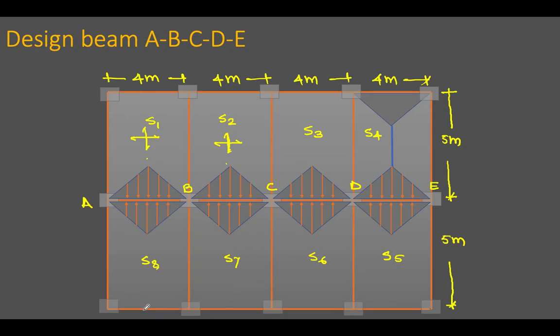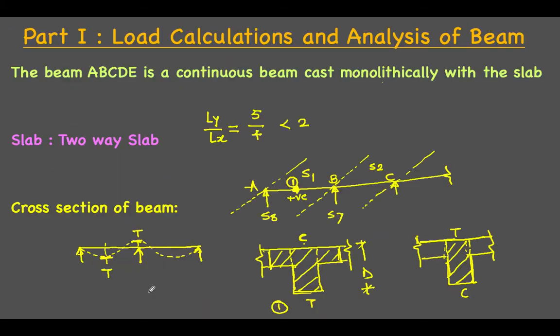If we are considering a beam at the edge and we are having a slab only on one side, now look at this beam, I am considering this beam and the slab is only on one side. So what we are having over there, the cross section will be, this is a beam, this is the slab portion. So you can see now some portion of the slab we have to utilize as a flange of the beam since it is in compression. So we can consider this as, now you can see this is taking a shape of L, right?